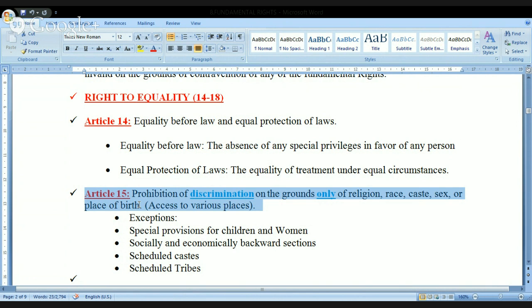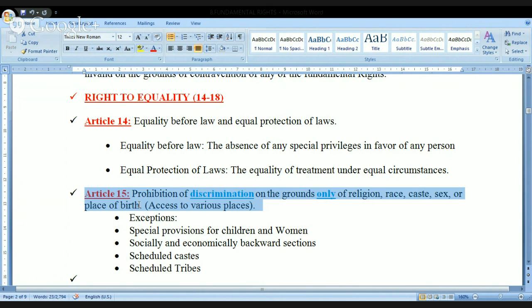What do you mean by this? If the state starts giving priority to a particular religion and it is not giving importance to other religions, that is called discrimination. But the Constitution has prohibited discrimination, meaning every citizen who is present in the country, every person who is present in the country should be treated equally, and there is a prohibition of discrimination. Am I clear? Very, very important.